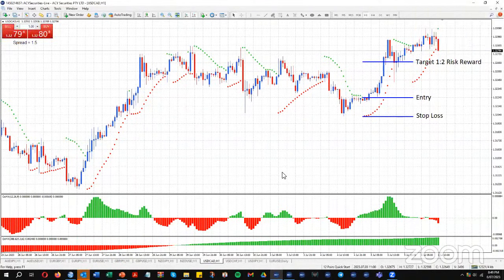Then, of course, when we're in the trade, the next thing I would consider is, here we're risking potentially 20 pips or 20 points, but we call them pips, and targeting 40. So as a rule of thumb, as price moves up in my favor, once I'm up 20 pips, I like to move my stop loss to my entry level, so that if price pulls back towards my entry point, I can't lose any money. I'll get taken out at my entry point. So I'm managing the risk on the trade as price moves in my favor.